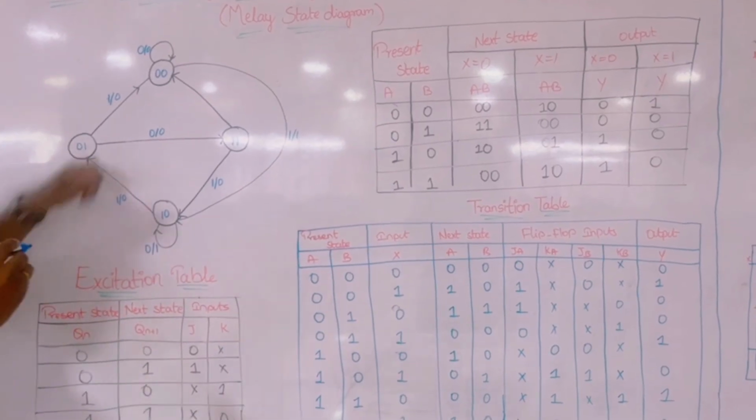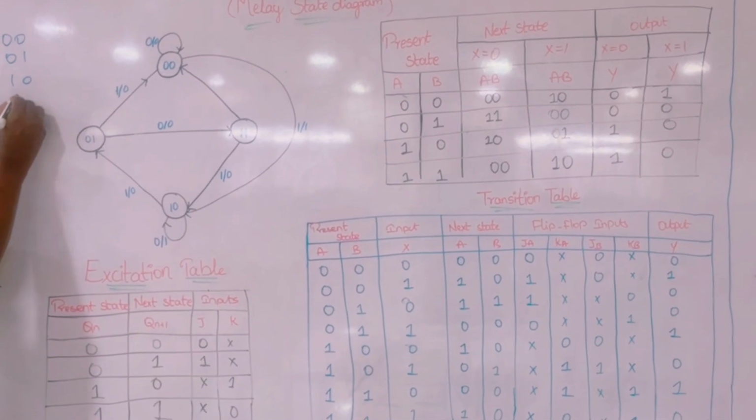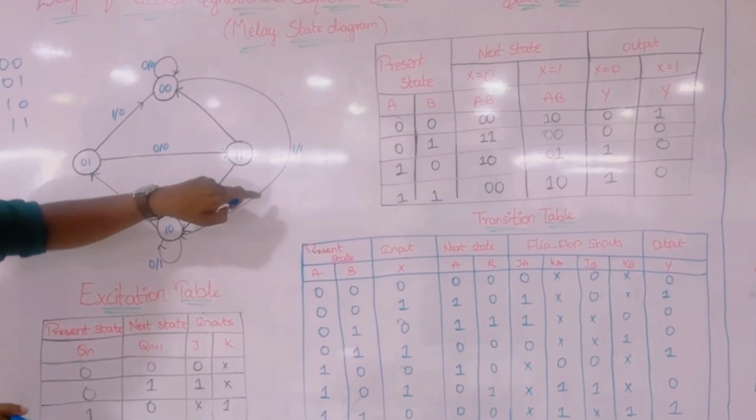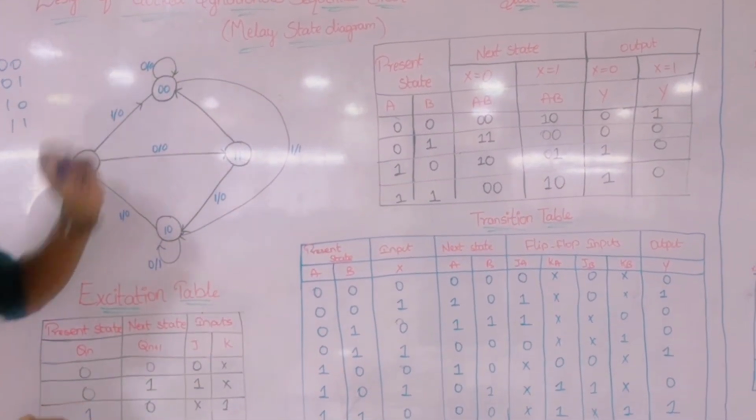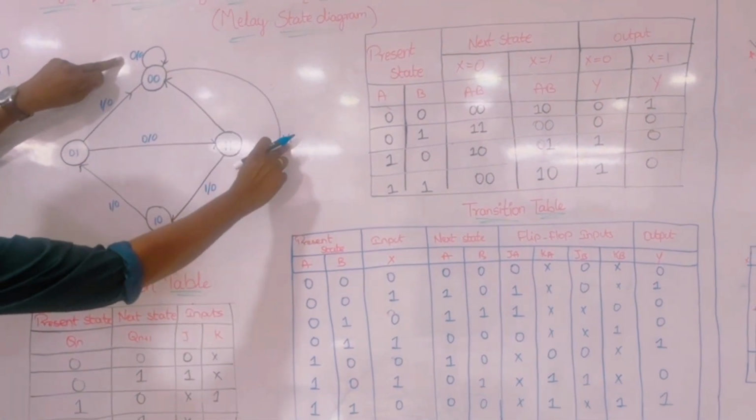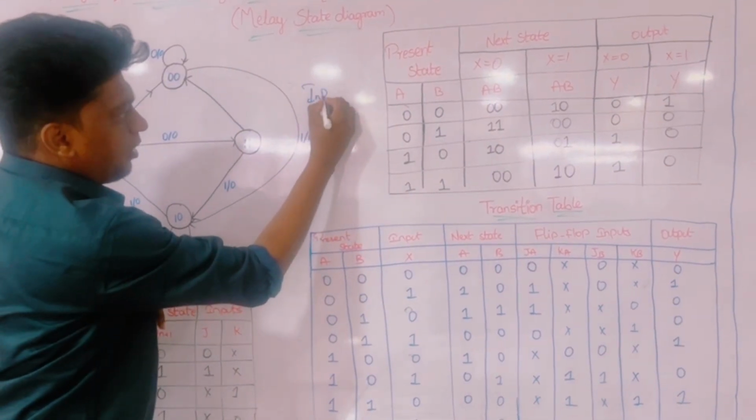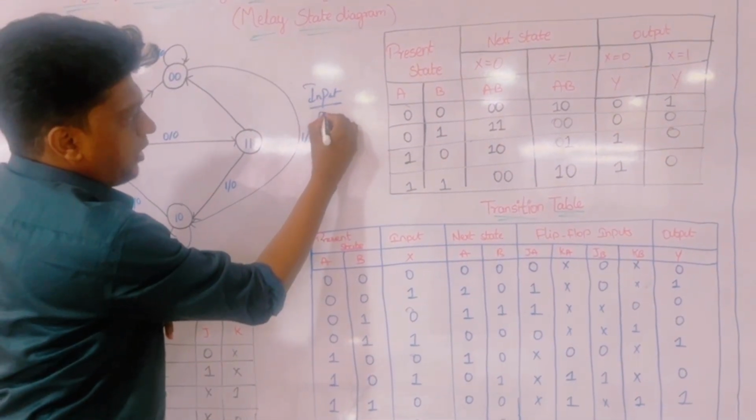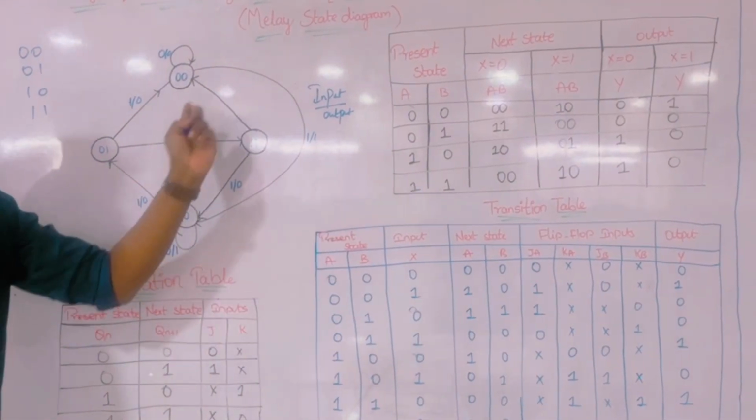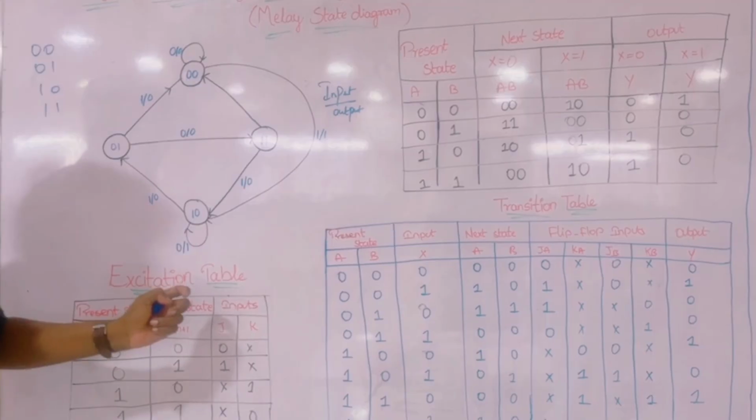Here we have 4 states: 00, 01, 10 and 11. Their corresponding next states have been given with the input and output. So what does this 0 by 0 denote, and what does this 1 by 1 denote? It denotes the input, with the corresponding output given. First we have to draw the state table from this state diagram,